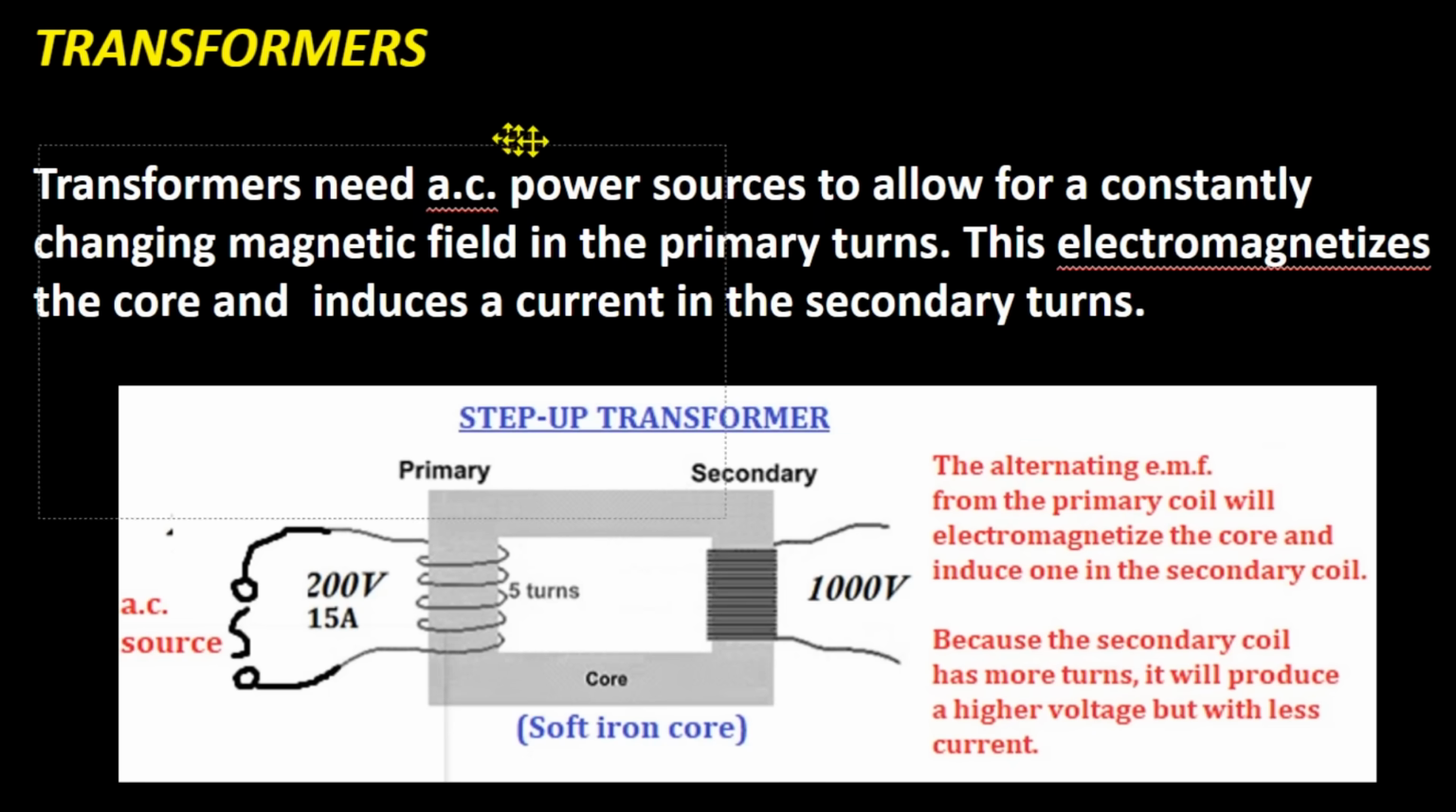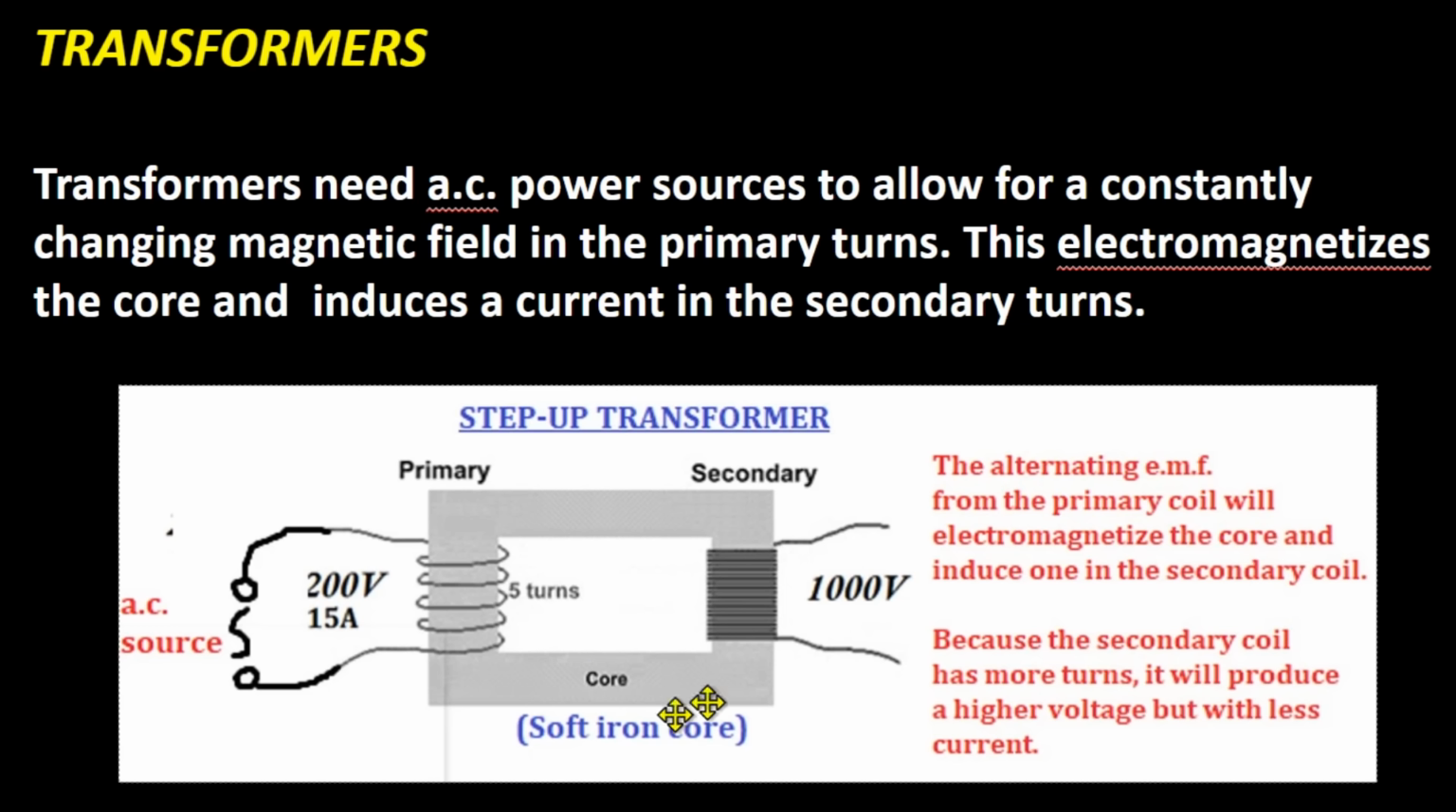Transformers need an alternating current power source to allow for a constantly changing magnetic field in the primary turns. So basically what we have here is electrons flowing back and forth in the primary side of the transformer, and this is going to electromagnetize the core, and it's going to induce a current in the secondary turns. So the alternating EMF from the primary coil will electromagnetize the soft iron core because soft iron is